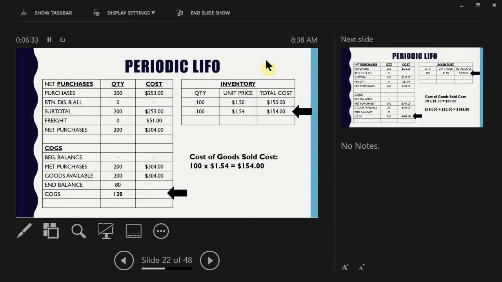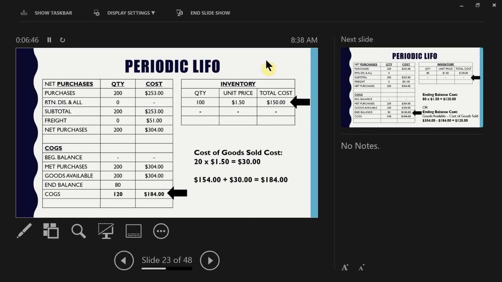Okay, so 100 times $1.54 is going to give us $154. Now we need to sell 20 items more to get to 120. So this is where we're going to take our 20 units, because we only have one batch left, which is at $1.50, right? Then 20 times $1.50 gives us $30. So at the end of the day, my total cost of goods sold for selling 120 units is going to be